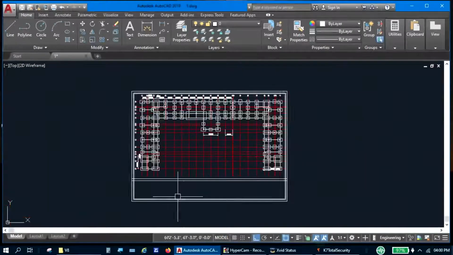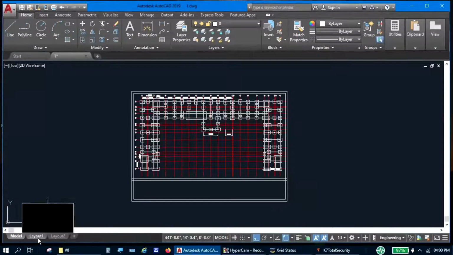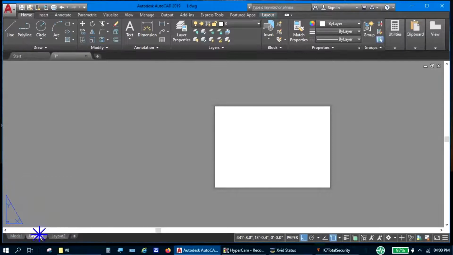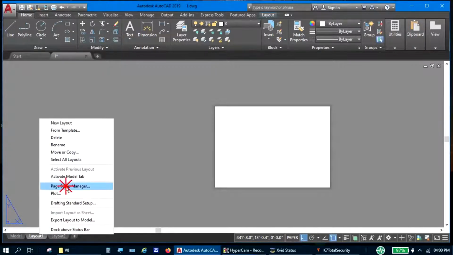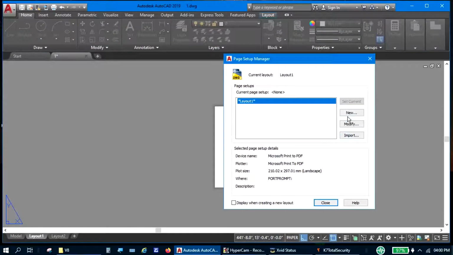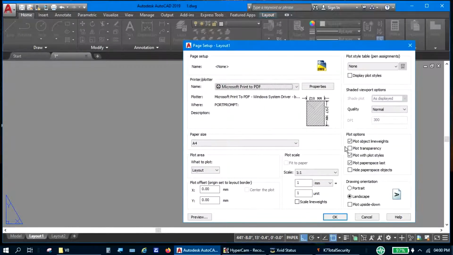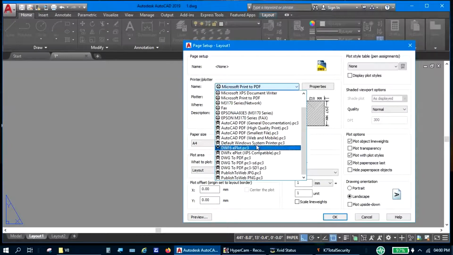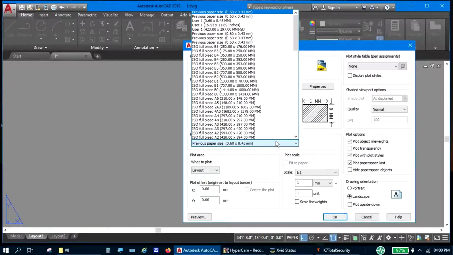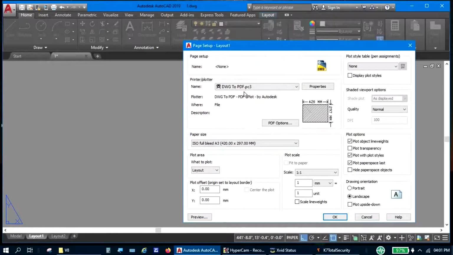Now we go for plotting. Click on layout, right click and select page setup manager. Click on modify. Select DWG to PDF PC3. Select paper size into A3 landscape. Change unit into inches.